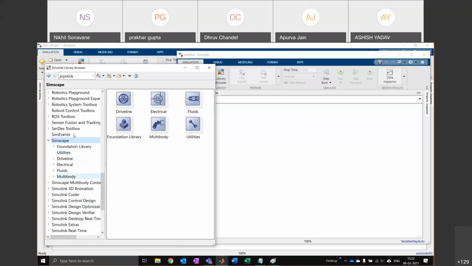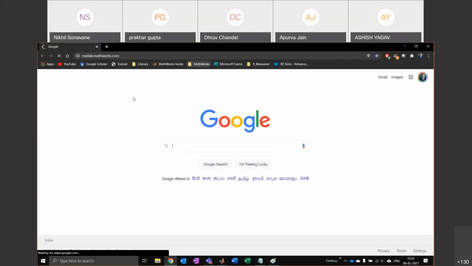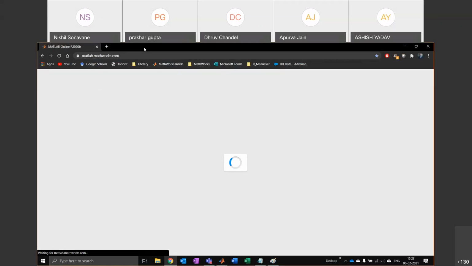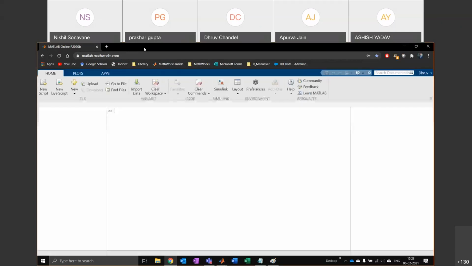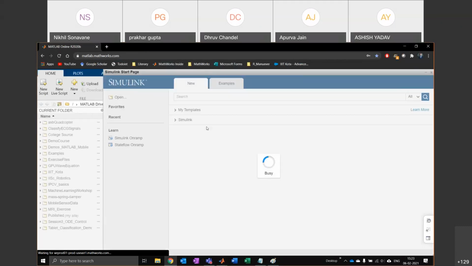It will have the Simscape library. I'm just double checking it's all there.